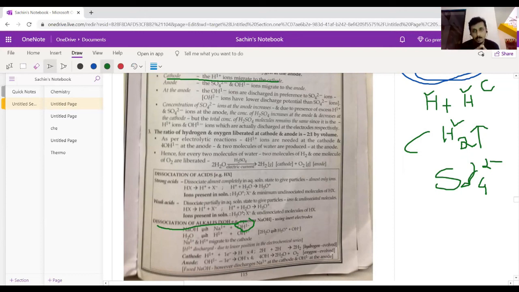Next class we'll see, since in these 2 cases we have used inert electrodes, what is going to happen if you use an active electrode. Previously we have seen what an active electrode is, which will participate in the reaction, but here we have taken graphite electrodes which won't participate. In the next example we'll see what happens when we use an active electrode, and using that concept we'll talk about electroplating. I hope this concept is clear to you. We'll see in the next class.